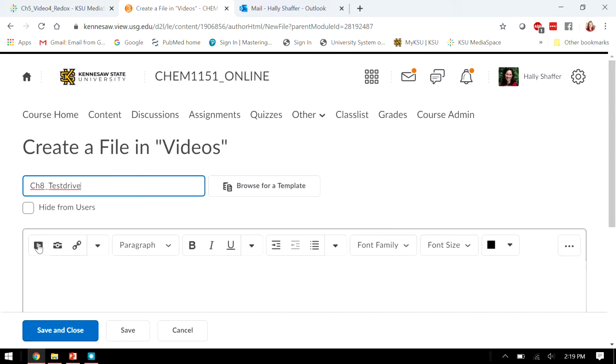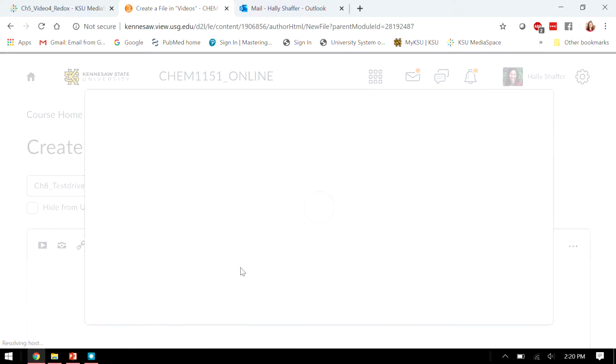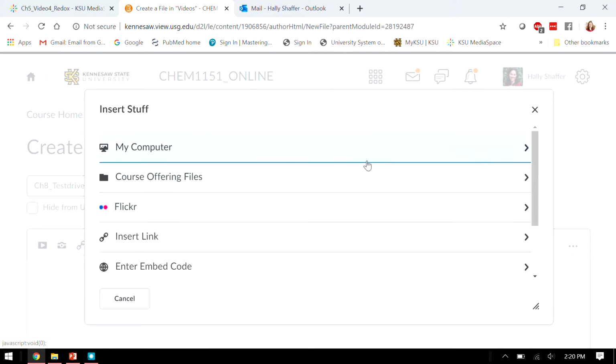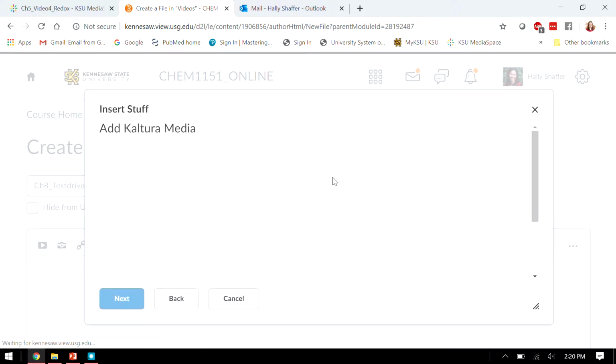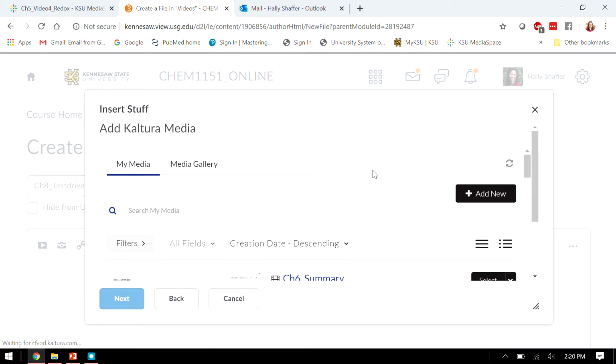And then this far left arrow where I'm mousing over and it says insert stuff, you click on that, insert stuff, and scroll all the way down, add Kaltura Media. So this is just one way to do it. You could always upload your video to YouTube and just have the YouTube option, but here now I've got